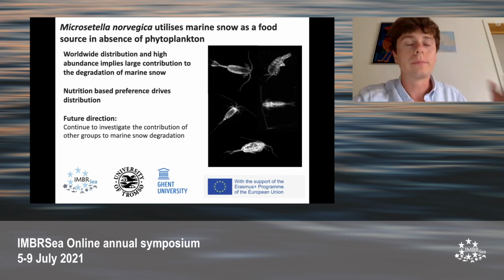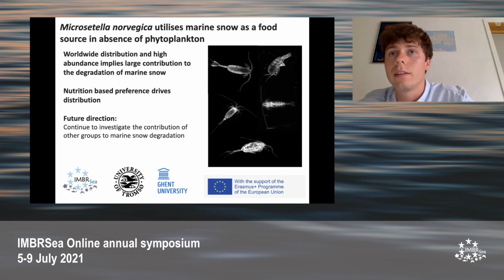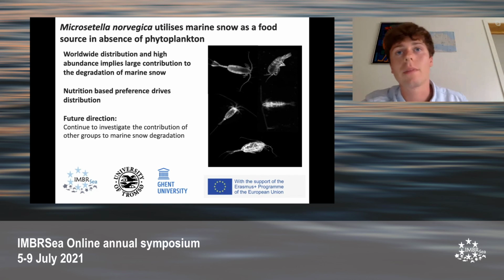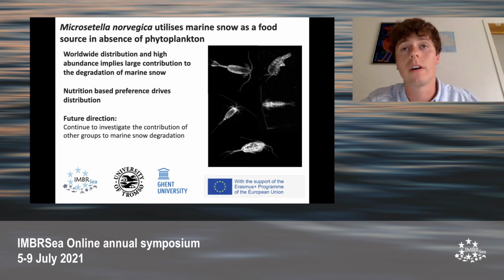So to wrap up, there's a clear seasonal variation in both abundance and distribution of Microsetella. The distribution of Microsetella appears to be driven by food availability. So in the summer months, during bloom periods when we have lots of phytoplankton, Microsetella is distributed in shallow water in the same depths as phytoplankton. In the winter months, in absence of phytoplankton, Microsetella are associating themselves with deeper depths where we find marine snow